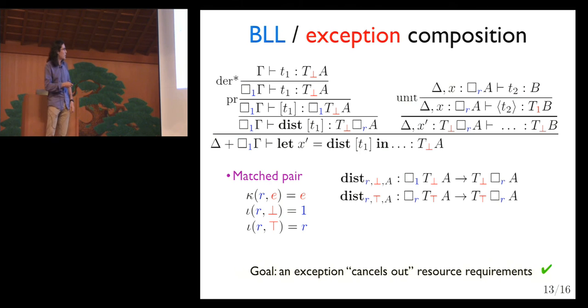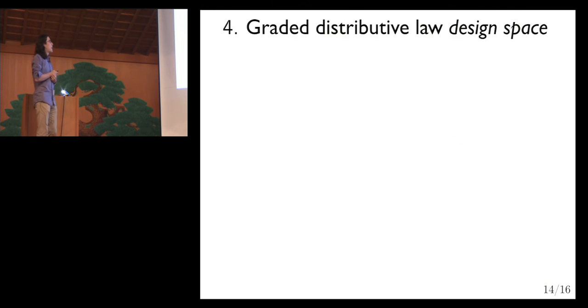And to be complete, we should also fill in the other case for iota, which says, well, if we don't know whether we've got an exception or not, we better preserve all the resource requirements, which gives us this other more simple distributive law. So until we added that distributive law, we had coeffects and effects in the calculus, but they were separate and never interacting. And via this structure, we can now let them interact and start describing some interesting situations.